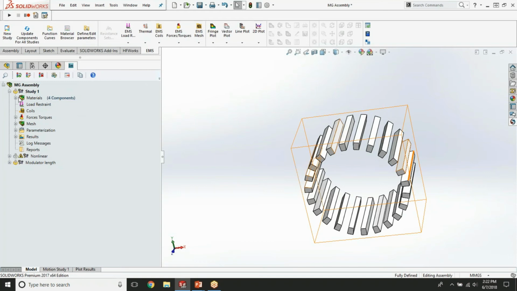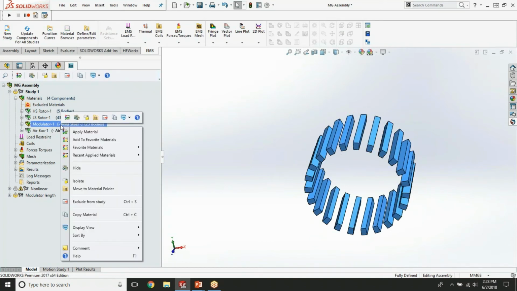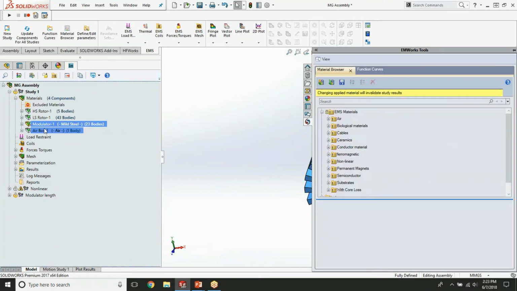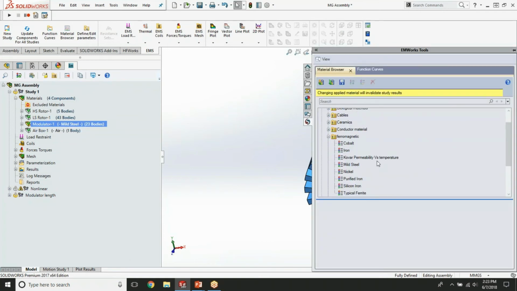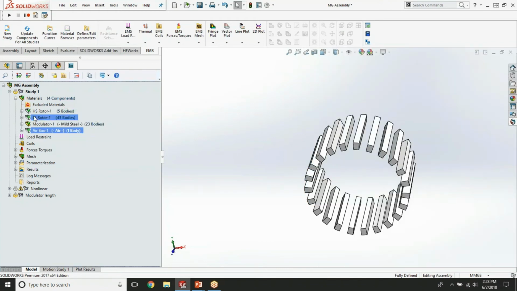So the first thing we need to do in every EMS simulation is define materials for each part. As you can see here, we have these 4 parts, and what we simply do is right-click on the part name and then go to apply material. So for this modulator, we have selected mild steel from the ferromagnetic materials library. For the airbox, we've applied air. For the rotors, however, they both have